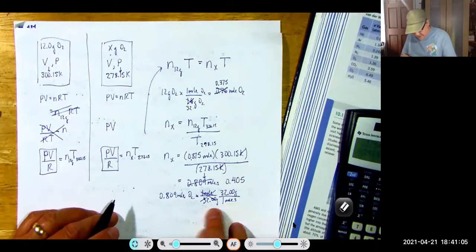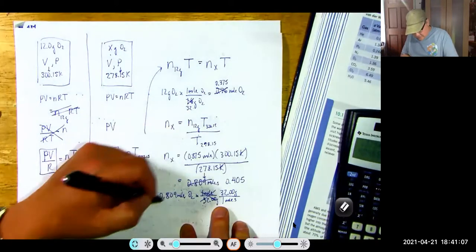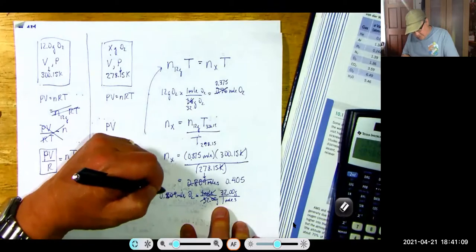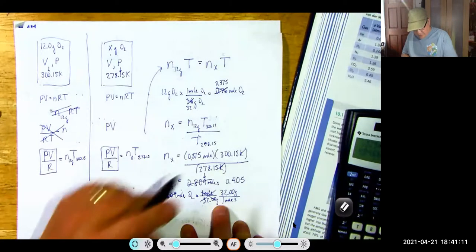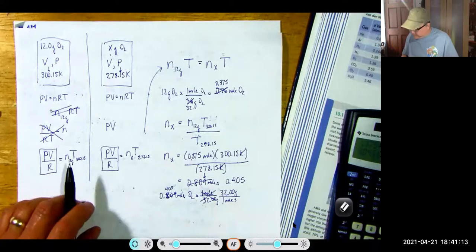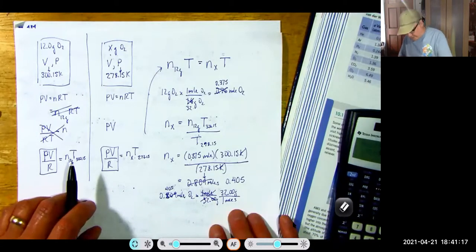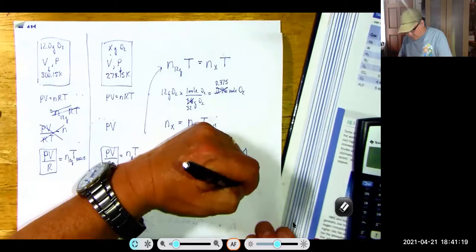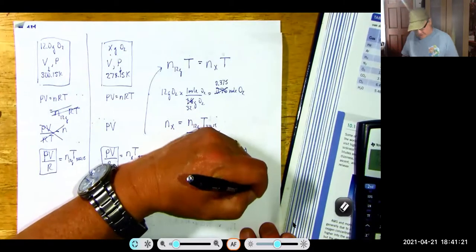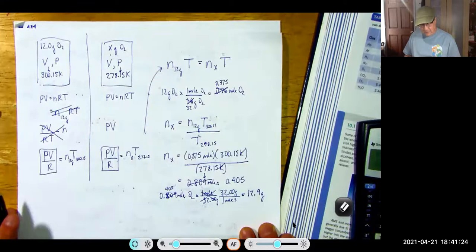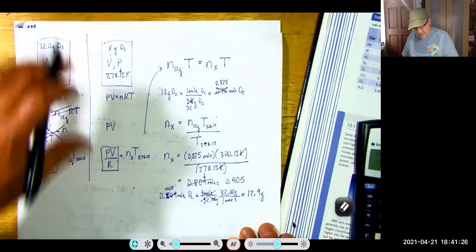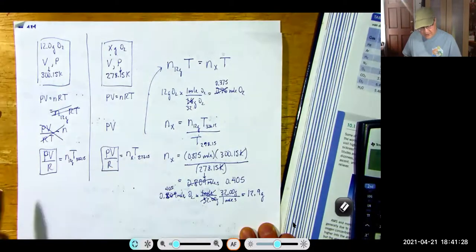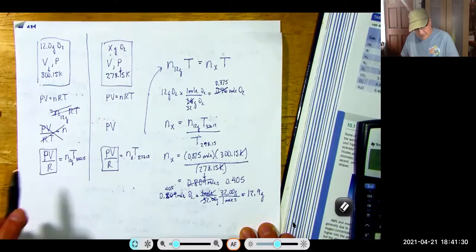And that makes this 0.405 times 32 grams per mole, which means that we need 12.9 grams of oxygen. So we need a little bit more oxygen than we had to begin with because the